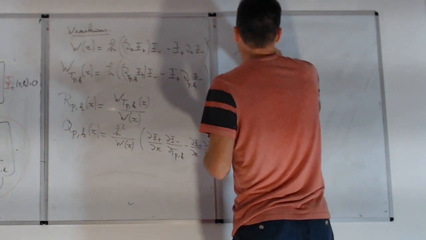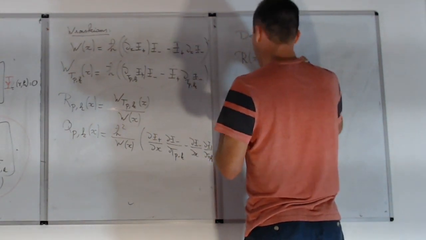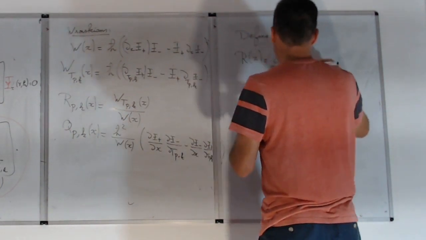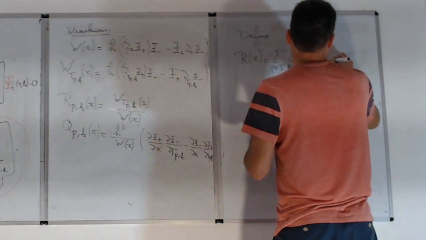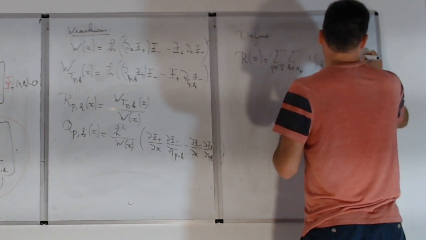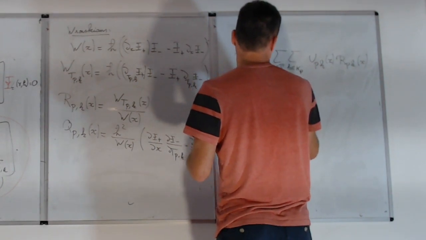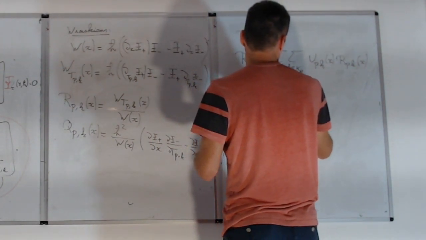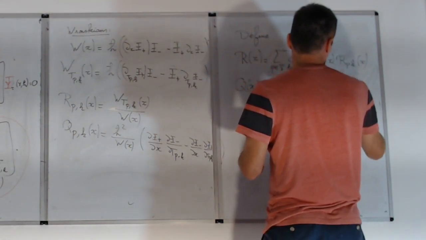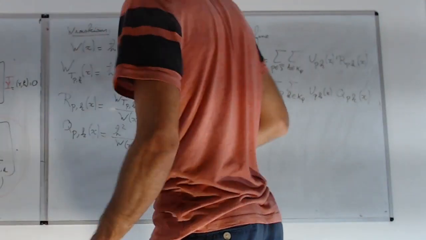R of x, which is just a sum of Pk of x times Pk of x and q. So it's defined so that all these black terms here